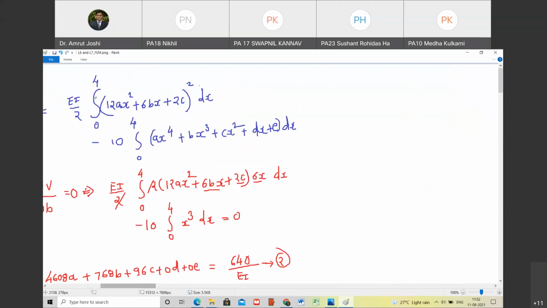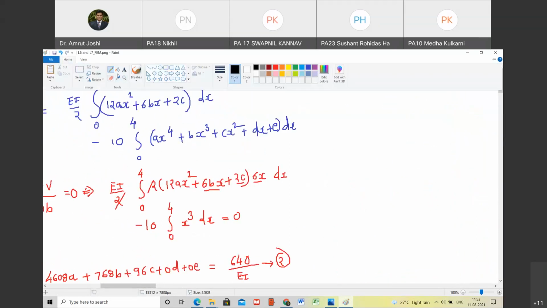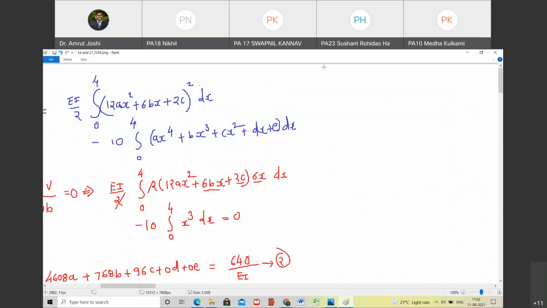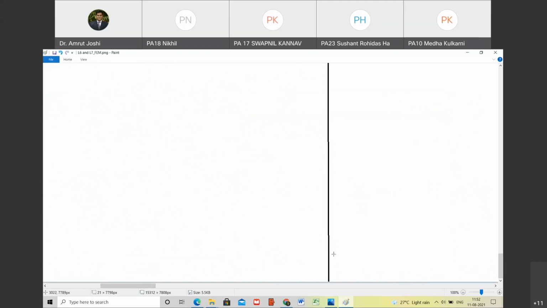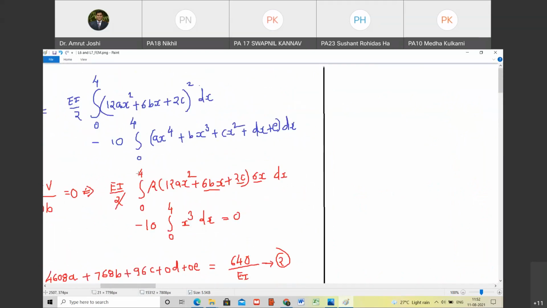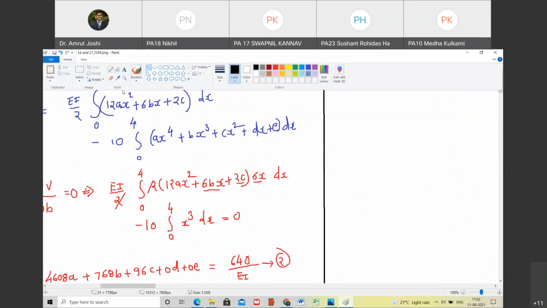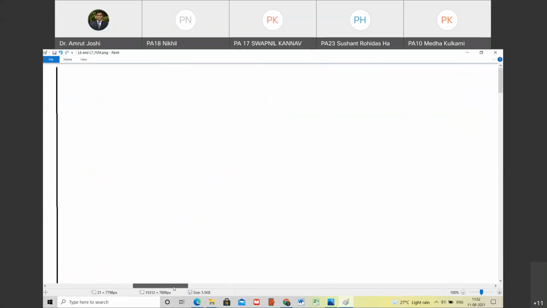Please type your response in the chat box. Yeah. So these are the two approaches by which we can solve any structural engineering problem. Let me summarize what I have said. Once again, I will find out the calculation mistake. You are also encouraged to find the calculation mistakes. But the answers from these two approaches must come out the same. It has already been proven. I tried to demonstrate it, but we made some calculation error. Let us rectify that. Okay.